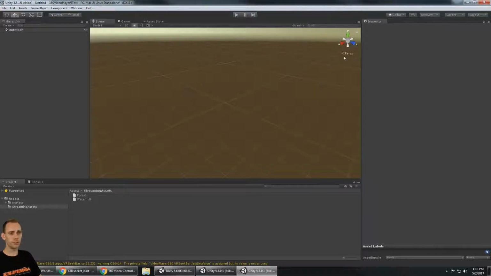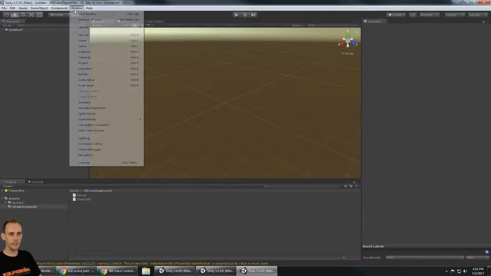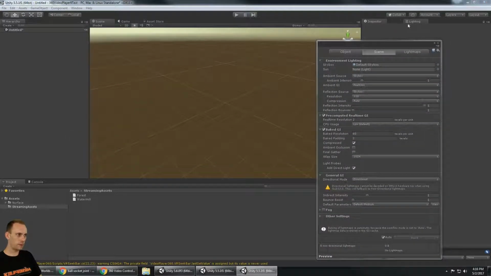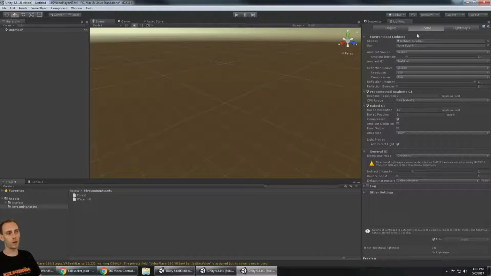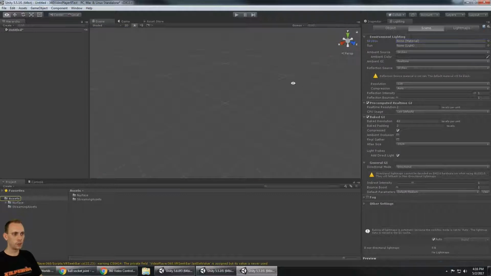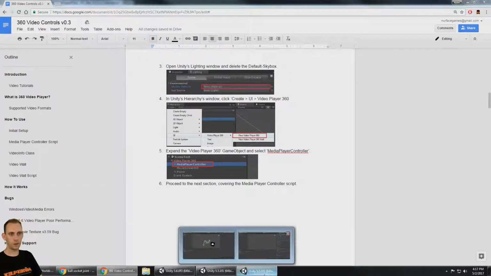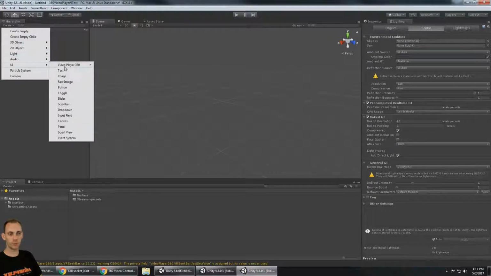If you're just doing 360 video, there's no reason to have a skybox. Maybe if you're using the video wall, you want to have a sky at your video wall. So this is not a required step, just kind of, I guess, best practice for if you're just playing 360 video. Now we need to go into the hierarchy, create, UI. This is going to create a 360 video player only, and this will create the video wall. So first of all, let's just look at this one,